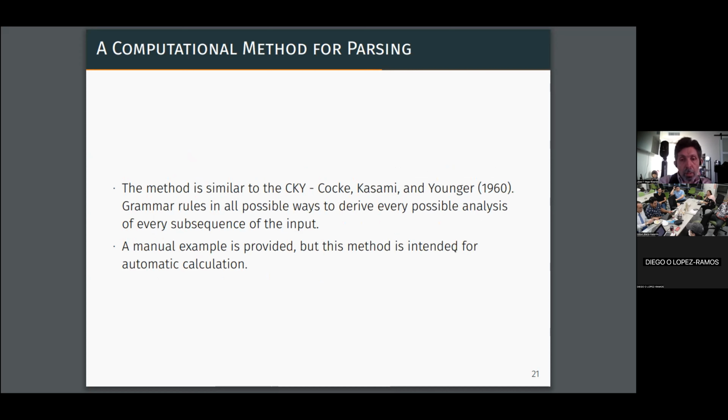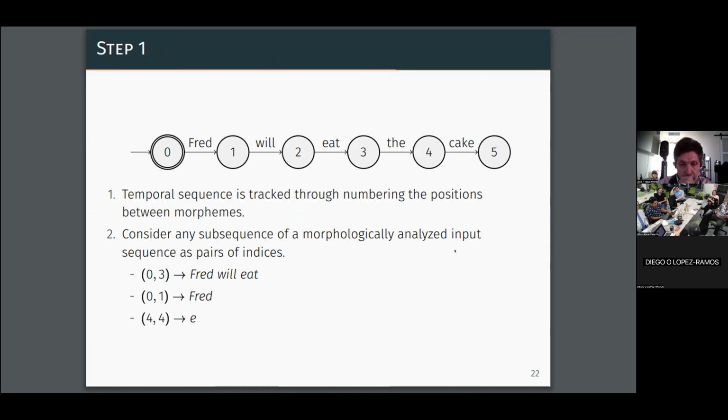So we have a finite state automaton here. The double circle just represents that this is the starting point. This is how we track the temporal sequence, but what we mean by this is just